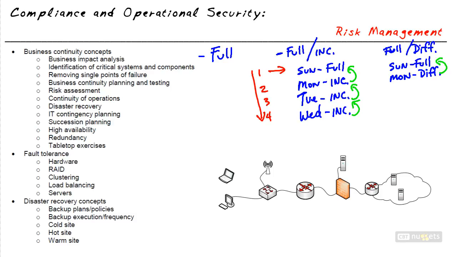Where we start seeing the difference, though, is on Tuesday night. On Tuesday night, we do a differential again, and it says, I'm going to back up the data that's changed since the last full backup. And then on Wednesday night, the differential says, I'm going to back up the data that's changed since the last full backup. So as an example, if every day 5% of the data changed, Wednesday's differential backup is going to back up 15%, which represents all the data that's changed since the full backup. So the backup process every night is going to be slightly longer than the full/incremental.